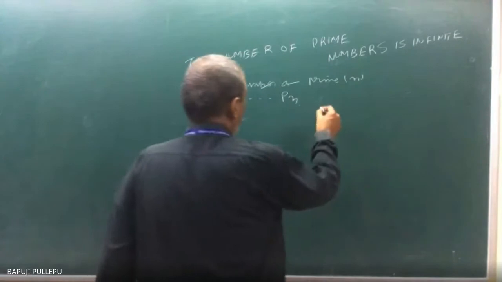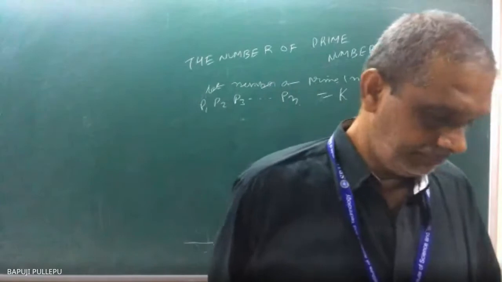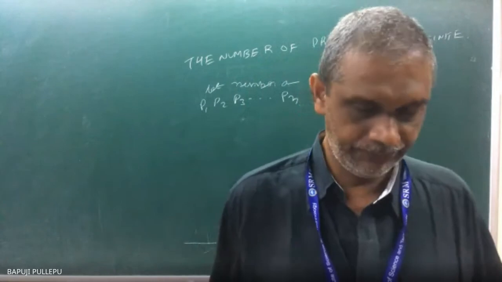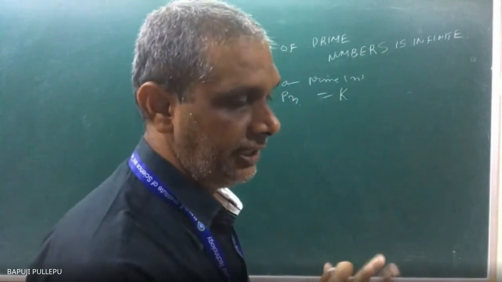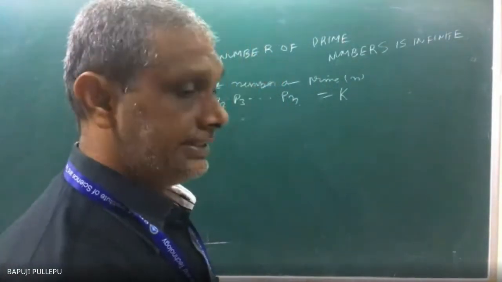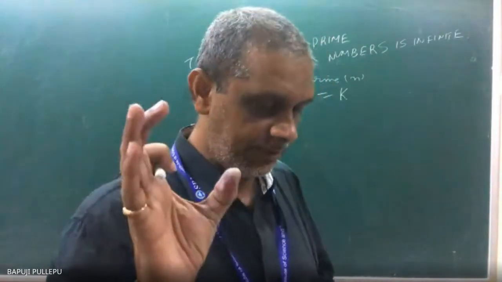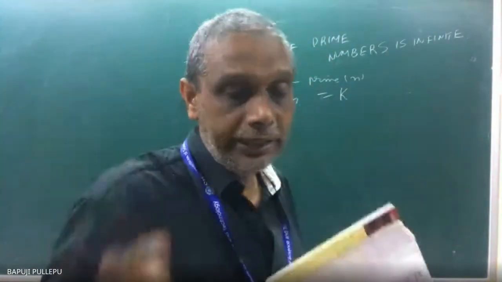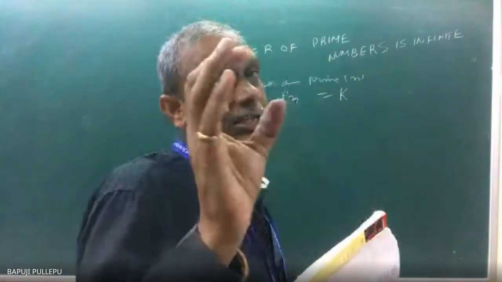If you multiply them, you will get a guaranteed great number. So you arrange them order-wise, like 2, 3, 5, 7. Now you can say k. I assume the product of the prime numbers is k. I always started my theorem with this: I have only n number of primes, P1, P2, P3, P4 up to Pn. If you multiply, you are guaranteed to get some number, which we say is equal to k.